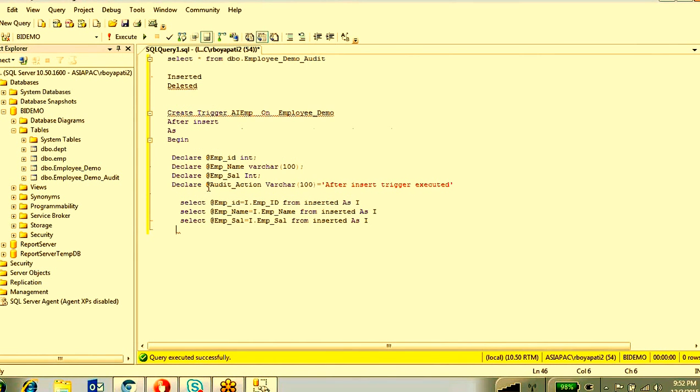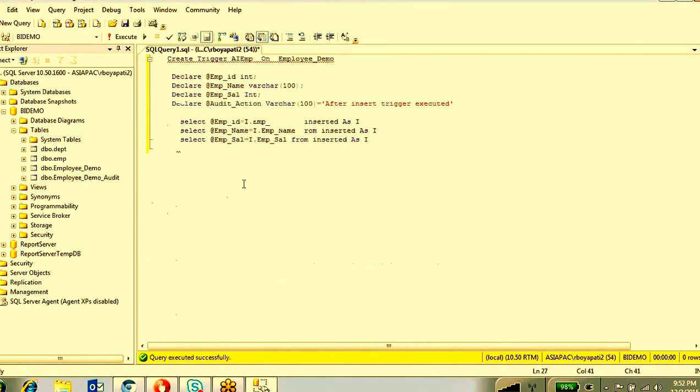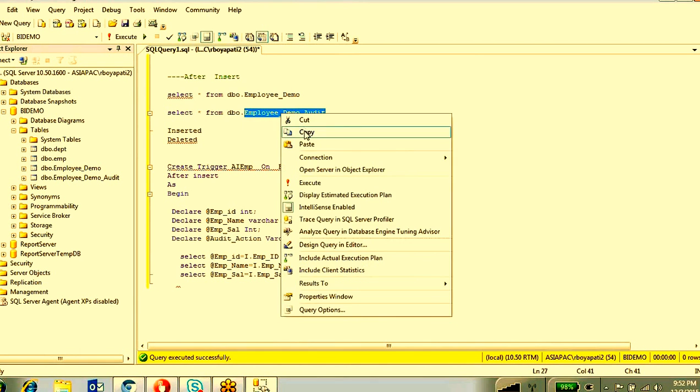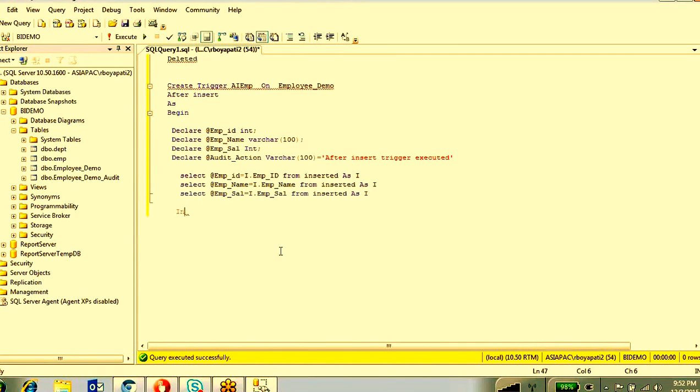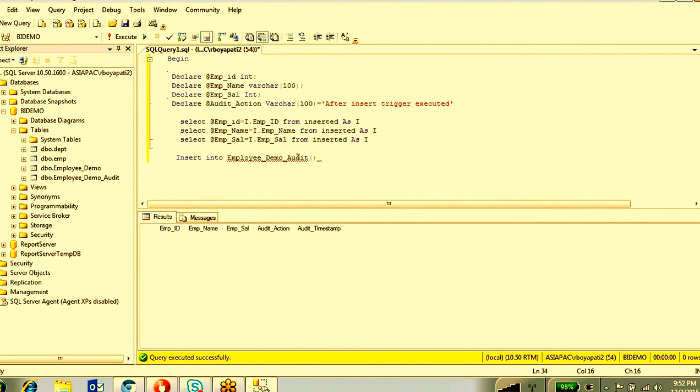Right. So now what I'm going to do here is insert the values from these variables into the employee_demo_audit table. Insert into this table we are going to add emp_id, employee name, emp salary, audit action, audit timestamp, values.